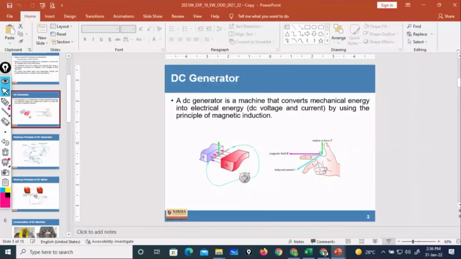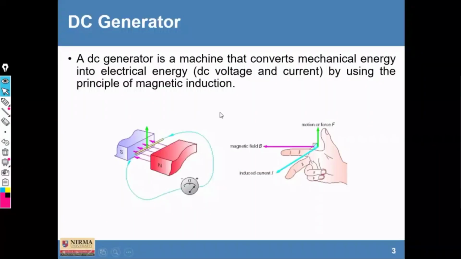So now here you can see this is Fleming's right hand rule for generator, right? And the directions are shown here. Similarly, this is the working principle of generator. So मैंने बोला ये जो यहाँ पर स्टेटर होता है, वहां पे N और S पोल होता है, वो क्या करता है, मैग्नेटिक फील्ड जनरेट करता है, फाइन। Magnetic field will be generated in between and this coil,